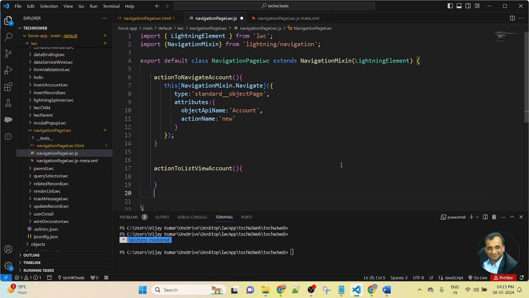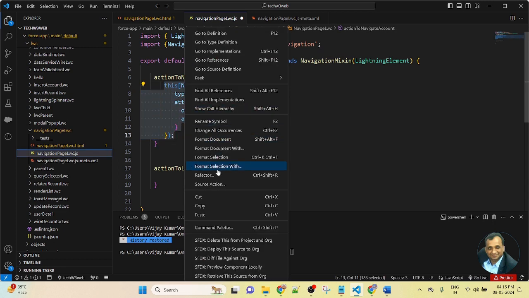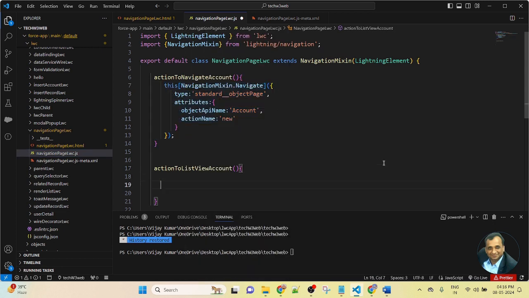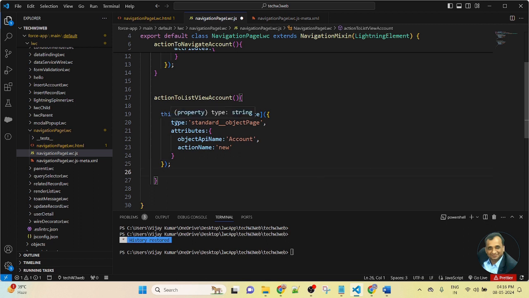If you want to navigate to a page on button click, first we need to import NavigationMixin at the top, and in the export class define NavigationMixin with LightningElement in the brackets. After that I created a function. Right now I am creating another function, and the functionality will be the same. Copy from here. First I use this, and in square brackets NavigationMixin.navigate.